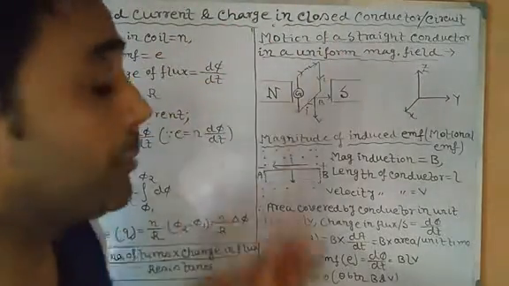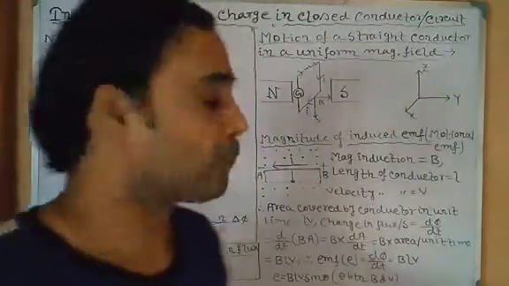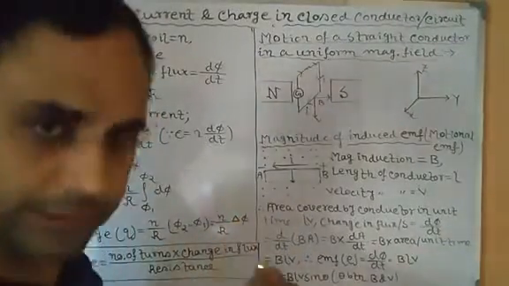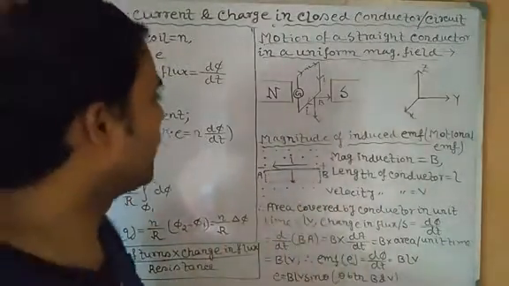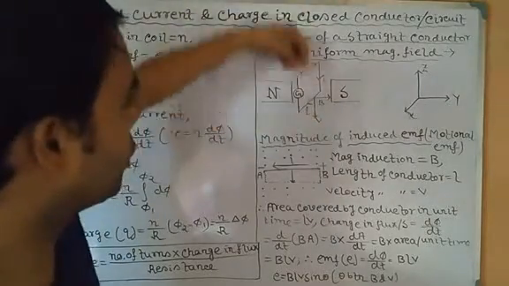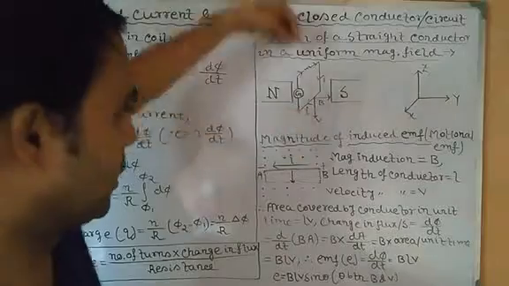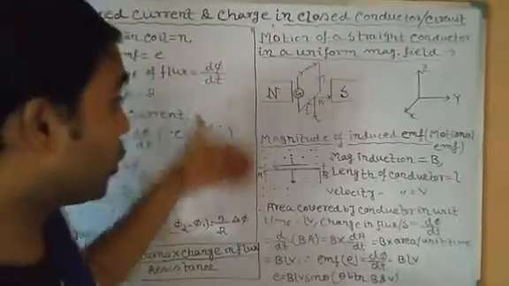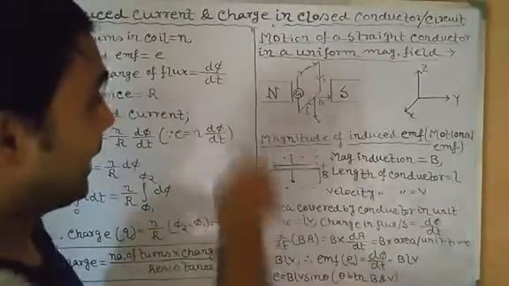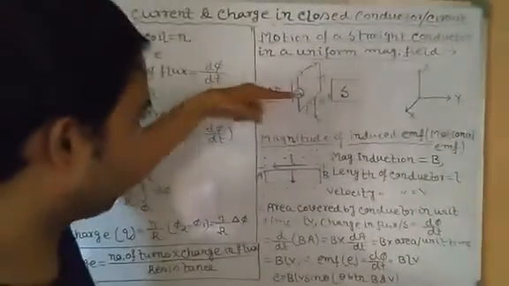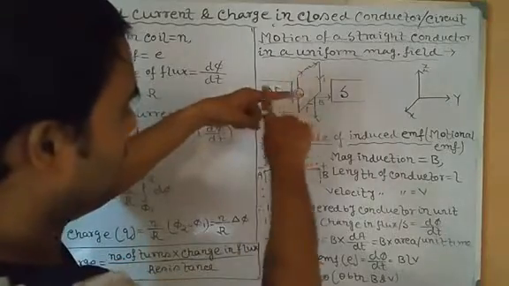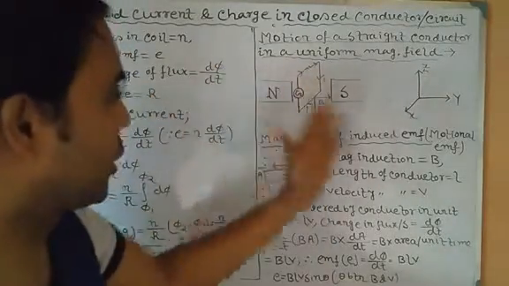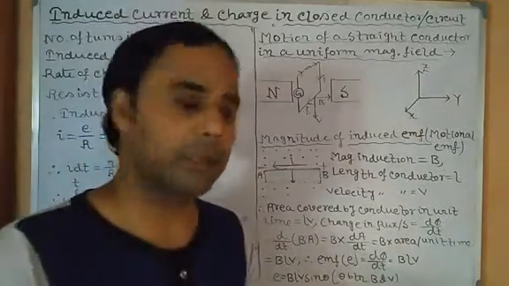Obviously you can see a galvanometer is attached to it to assure the presence of the induced current by the deflection of the needle of the galvanometer. You already know. Now what do we do? We will move the conductor, the rectangular coil, in this direction, up and down. In this case the conductor is placed normally, that is perpendicularly, to the magnetic field. The direction of motion of the coil and the direction of the magnetic field are perpendicular.